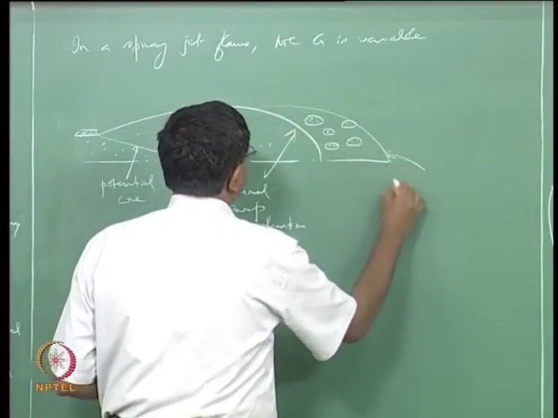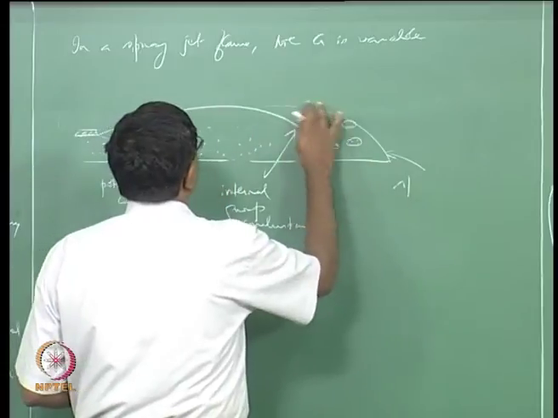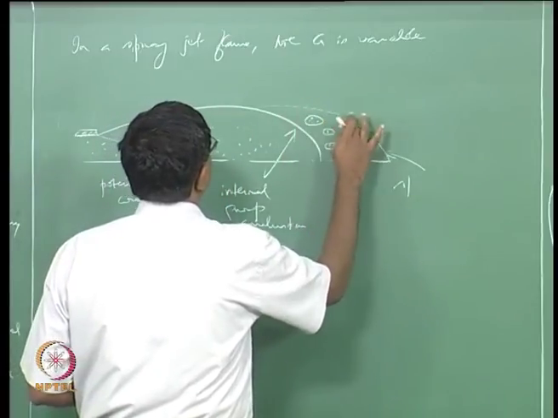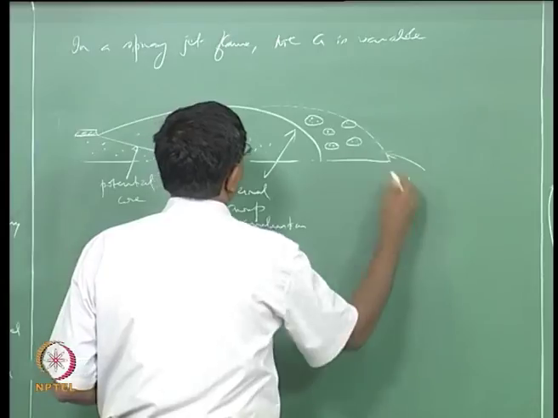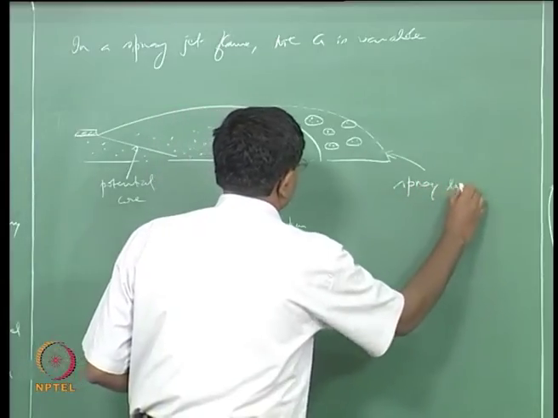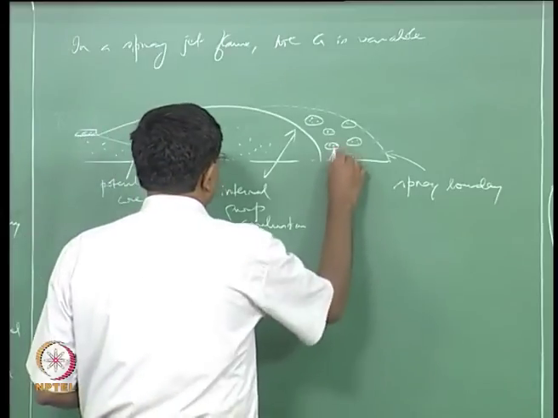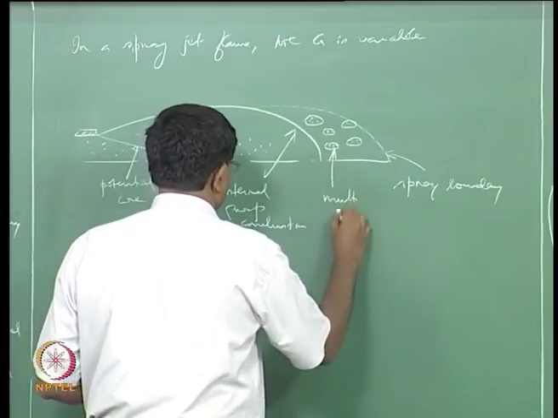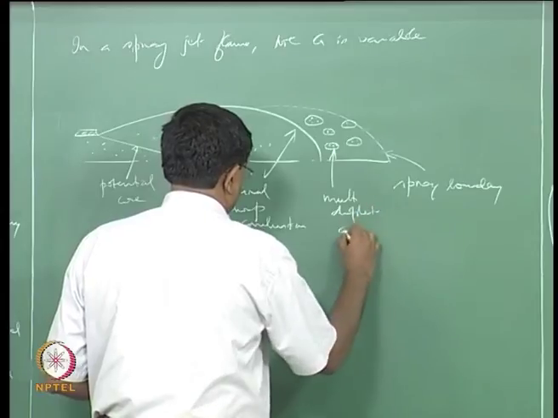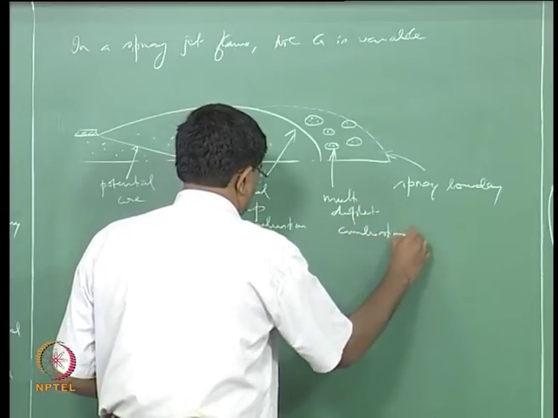So keeping with the convention we should use a broken line. Spray boundary, and this is multi-droplet combustion,